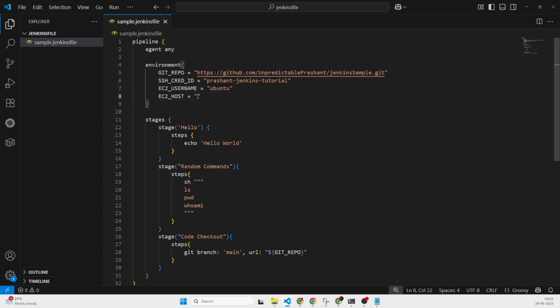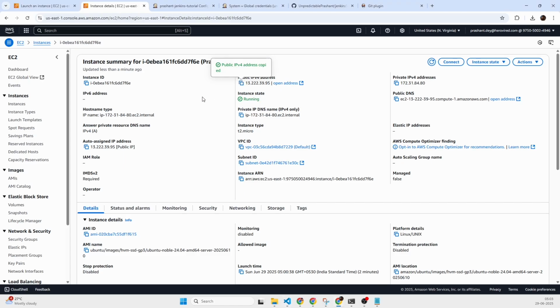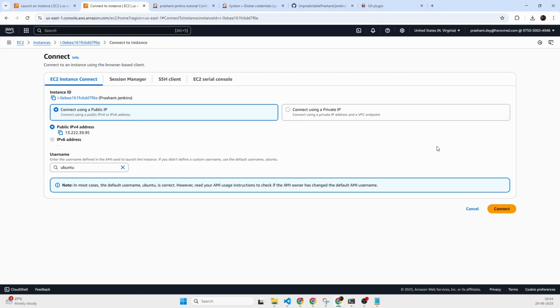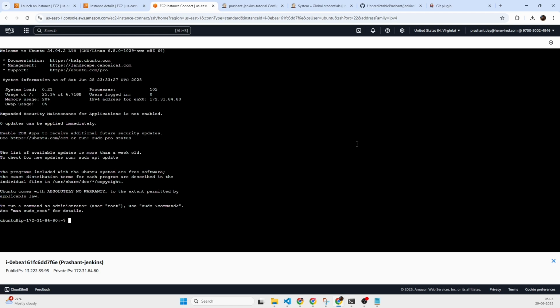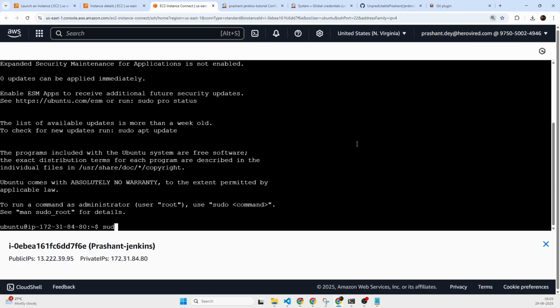I copied my public IP, and I'm basically pasting. Okay, I didn't copy it. Okay, I copied my public IP. I am going back to my connect option. I am basically connecting to my Ubuntu system. I obviously need to prepare my Ubuntu system for that matter. So let's go ahead and update, because the first thing which I do is obviously to update my Ubuntu